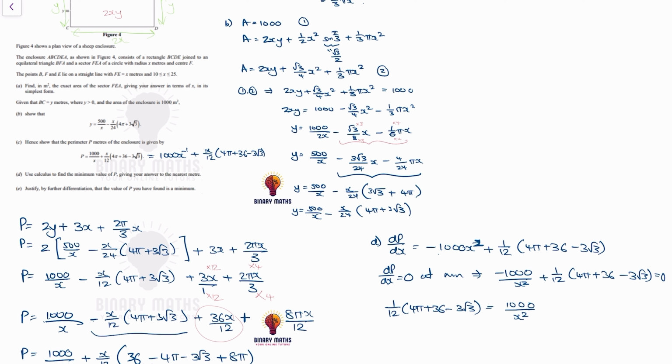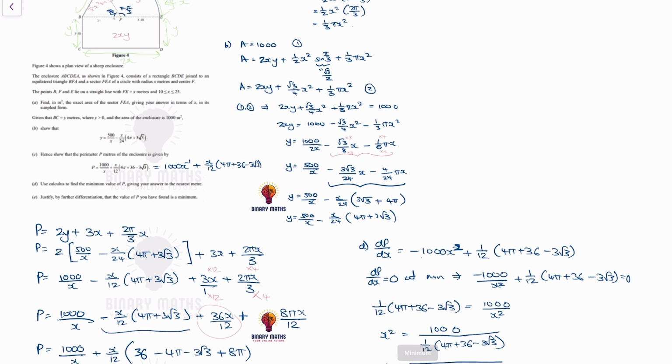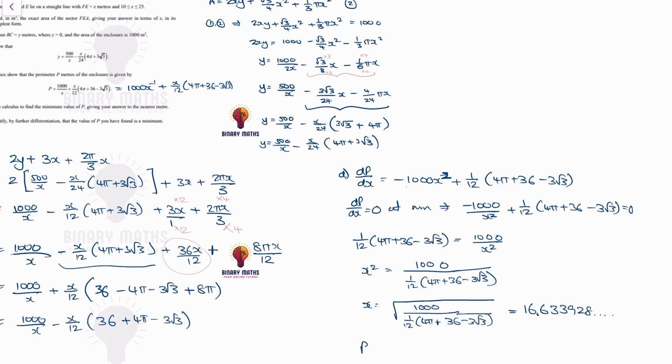So if I change it over, then x squared will be equal to 1000 over 1 over 12 times 4 pi plus 36 minus 3 root 3, which means x will be the square root of that, which gives me a value of 16.633928. So a value for x, which means P will be equal to